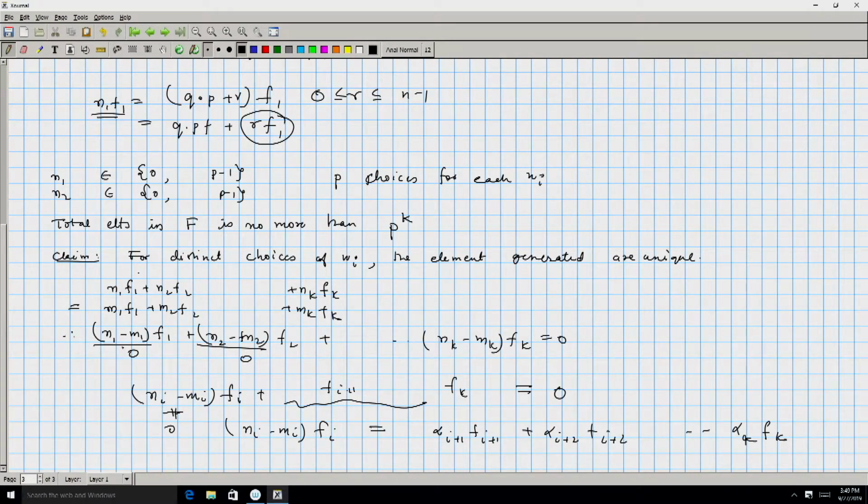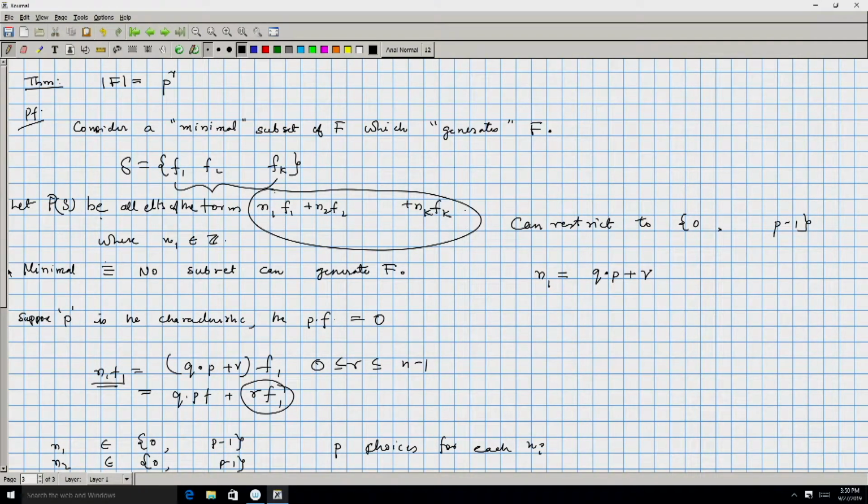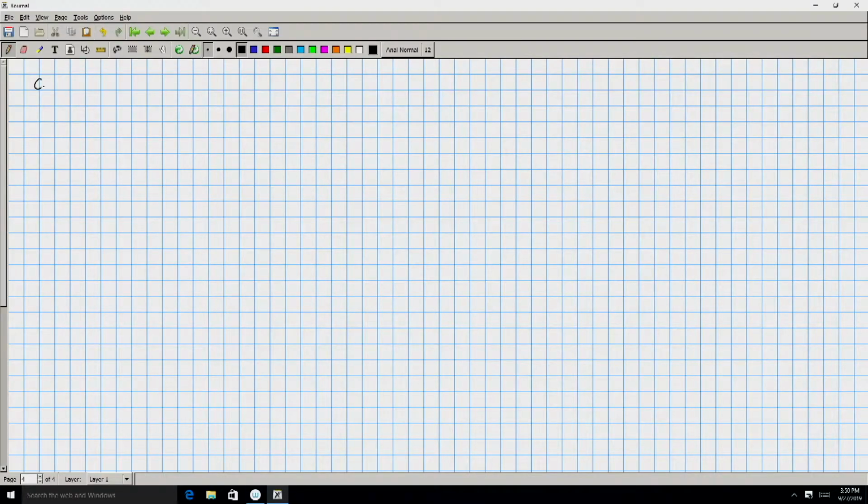That there cannot be two distinct tuples n and m such that they generate the same element. So this basically means that for any finite field, its size has to be of the form p to the power k, or p to the power r, where p is some particular prime. So the next question is, can we really generate that particular field? That is the last part of this lecture,